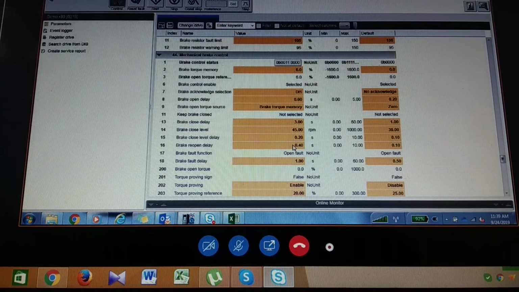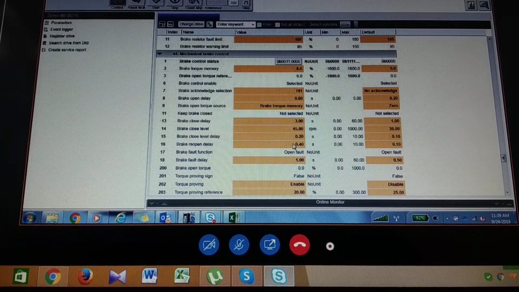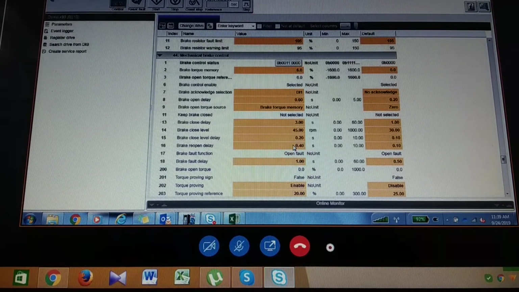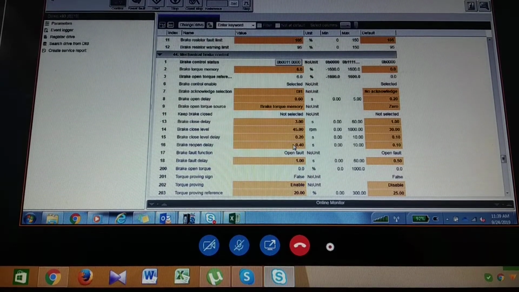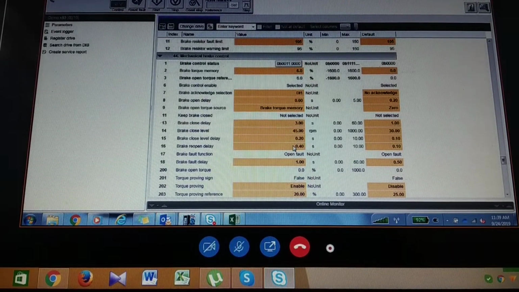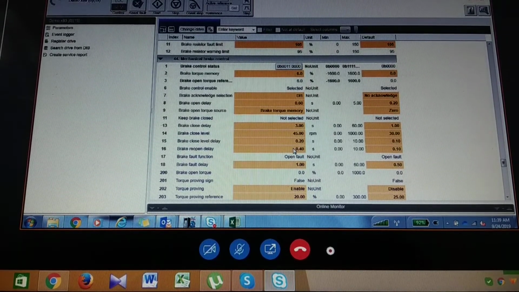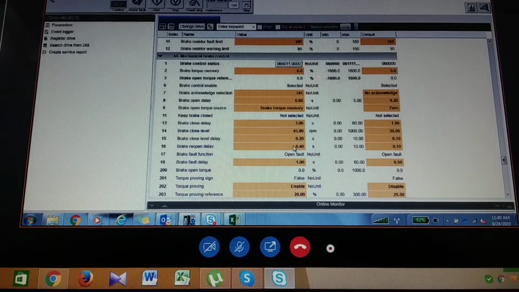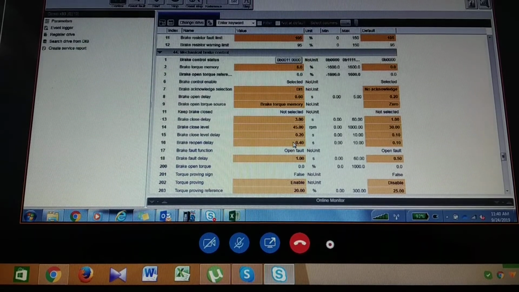That we will discuss in detail in Excel sheet. Will show immediately after this, so it will be easy to understand. Particularly this mechanical brake parameter: what does it mean by putting, why to put this value, and how these values are arrived. So as of now we are just showing what are the parameter we need to check. Then we'll go to the Excel sheet where we'll see what are the parameter we need to set, what is the band, what is the value, and what is the significance of that.